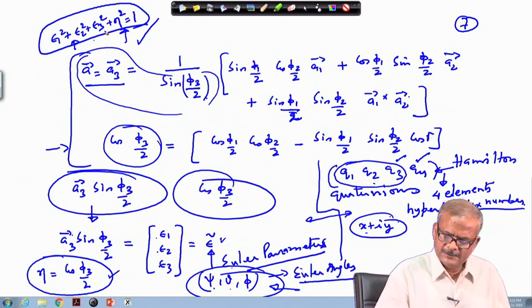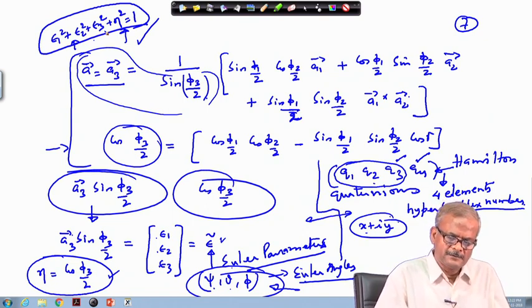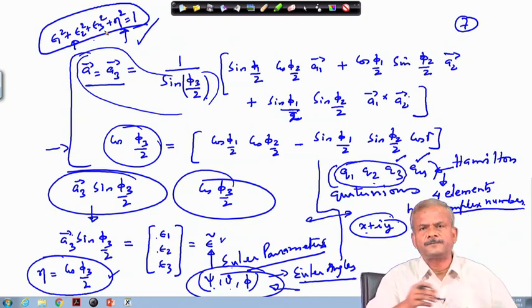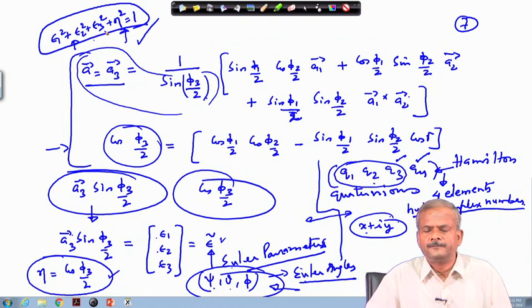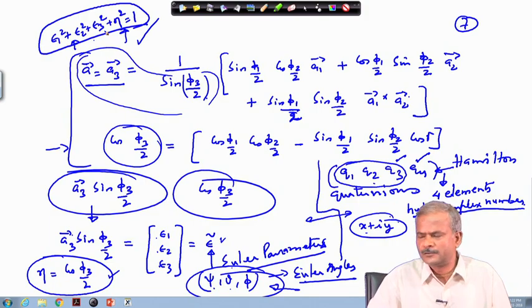So, we will continue with this in the next lecture, where we will wind up this quaternion, and whatever mathematics we have not developed will go as part of the tutorial, where we will be able to work those out. If you face any problem at that time, we will interact and then resolve all those problems.